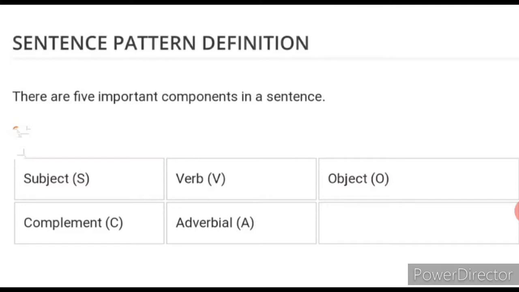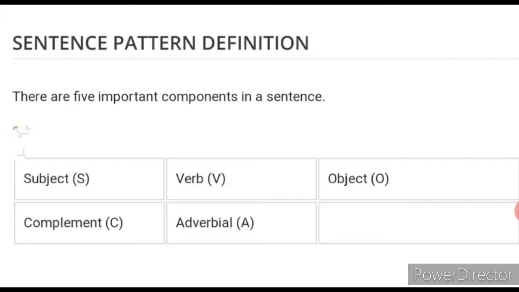Next is the verb. The verb shows an action or activity or work done by the subject. It also tells the status. To get the verb, ask the question what does the subject do. Children, we have learned a new thing in this topic, that is auxiliary verbs and modals. We have learned be-form verbs that are am, is, was, were, are. So what is a verb, children? Verbs are all action words. For example, he is a doctor: is is the verb. The baby is crying: is crying is the verb.